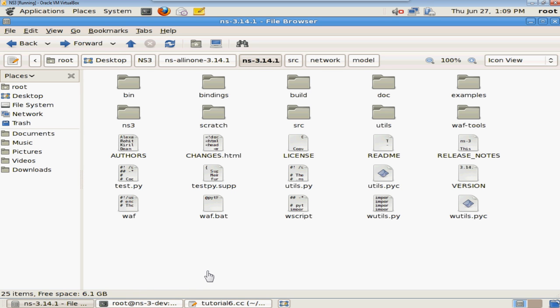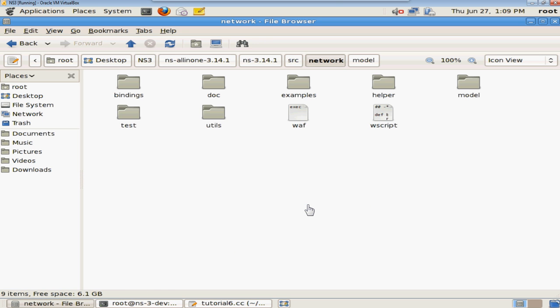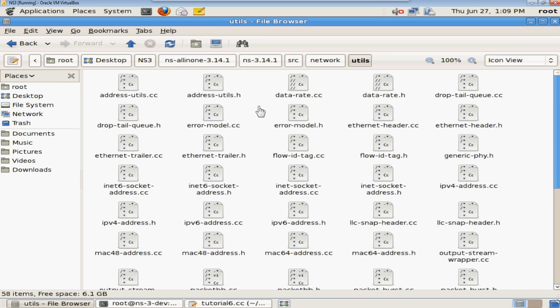And I'm going to actually go into the NS3 source code. So I'm going to double click on the source folder, and we need to set the data rate as well as a value of the time for the delay. So the data rate object, I believe, is in the network module, and it's in the utils folder. So I am looking for data rate. I'm going to go to datarate.h,